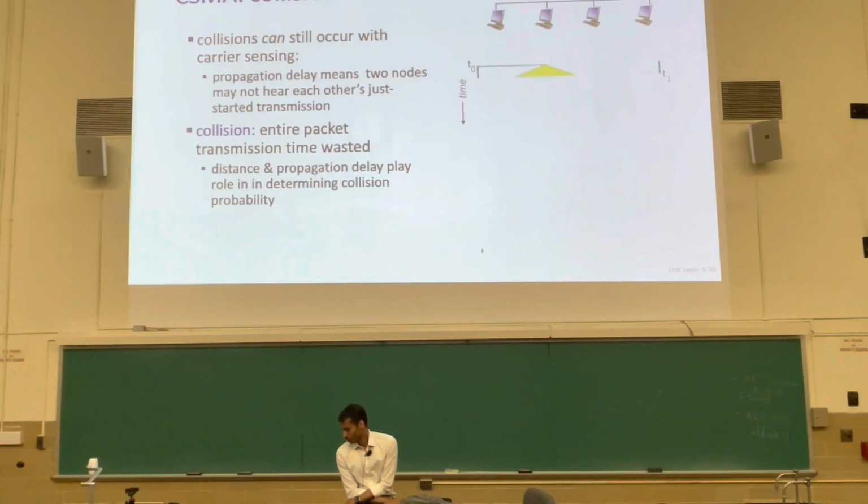So here it shows node 2 has started transmitting at time 0. Time is going down vertically, and space is laid out horizontally. It's just a single, let's say a chain topology, simple graph. Just a single cable with 2 connectors to which 4 nodes are connected. So node 2 starts transmitting at T0, and the width of that yellow beam tells you how much distance the signal has covered until that time. So node 2 is applying carrier sense.